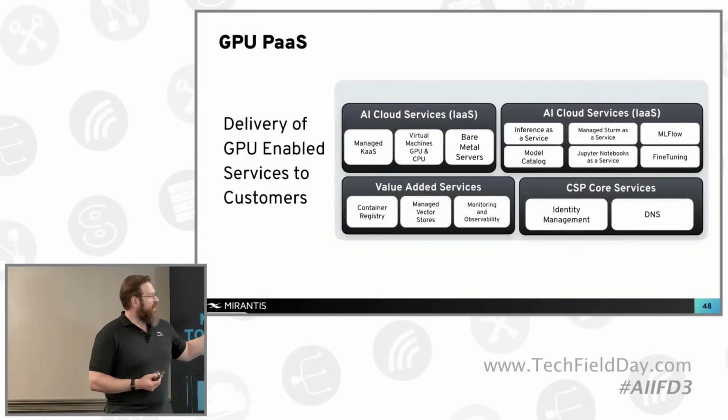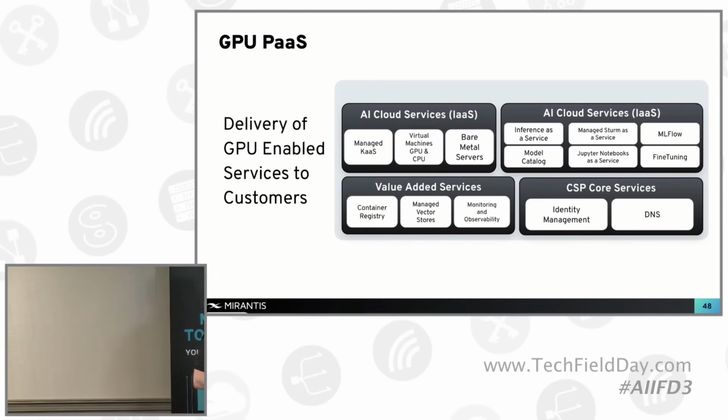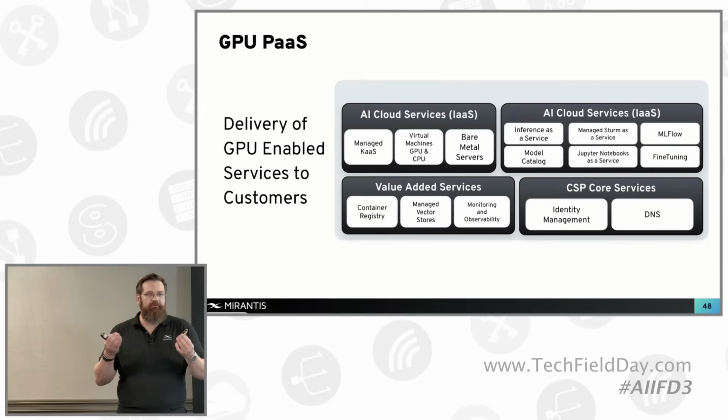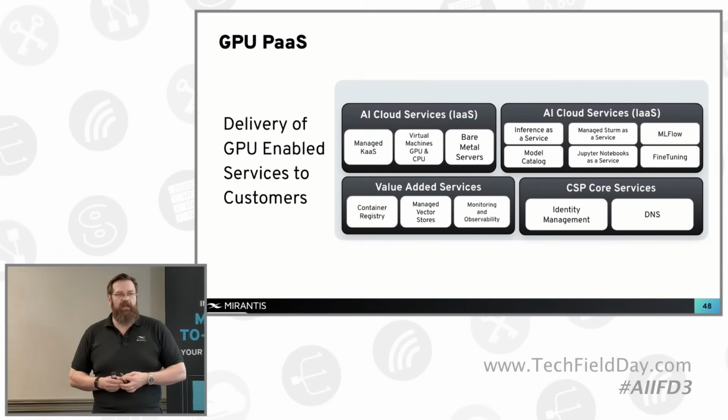So in that very first diagram, I showed you some of these AI-enabled services that our neoclouds, our cloud providers can offer to their customers that we have out of the box. So a couple of those things, the key ones, obviously, we've just showed you managed Kubernetes as a service, virtual machines, GPU and CPU. This is the very basic that everybody needs to be able to provide. And then bare metal servers. So they can then stack up a combination of all of these for a single tenant and provide services for